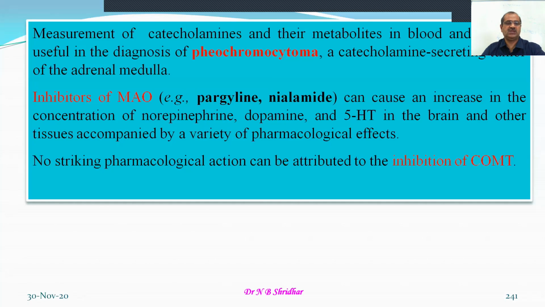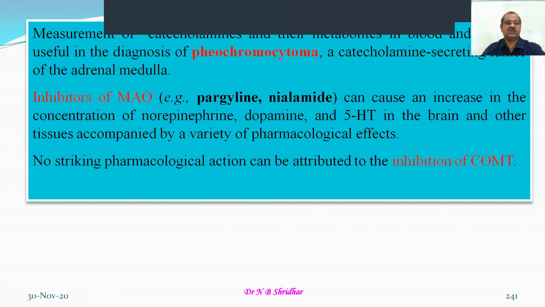That means it's not an important enzyme. If you compare it to the acetylcholinesterase enzyme, it is present but not so important, especially in the case of the adrenergic nervous system. The enzymatic degradation is not so important, whereas the uptake and other processes are somewhat important for the metabolism of